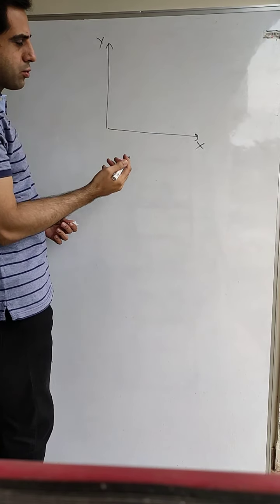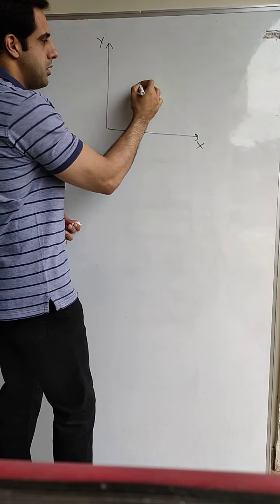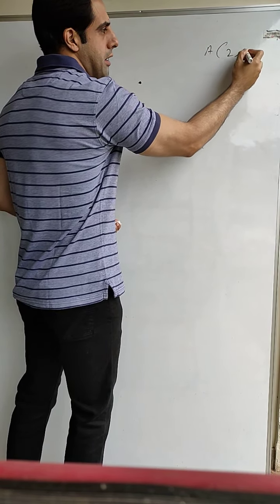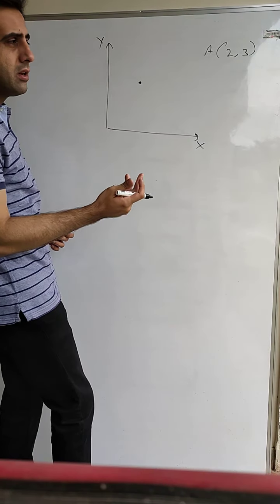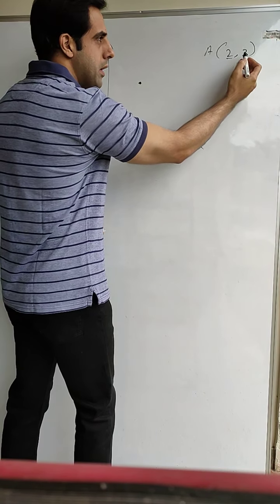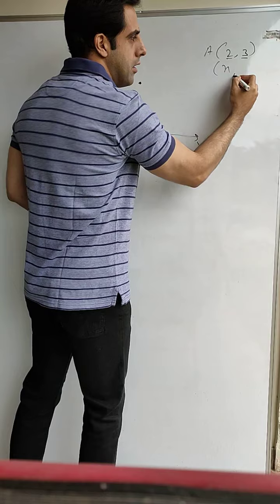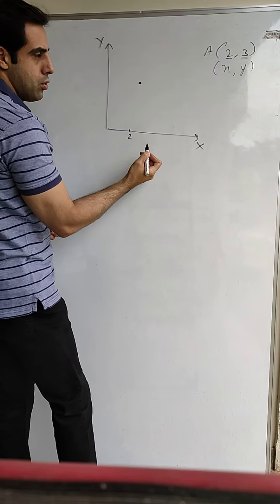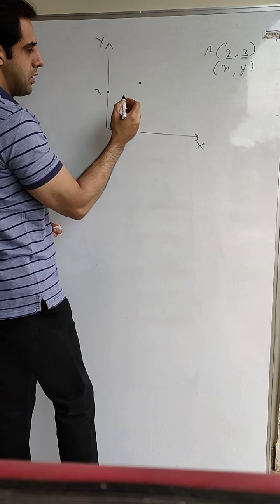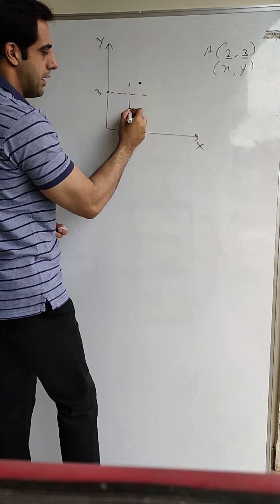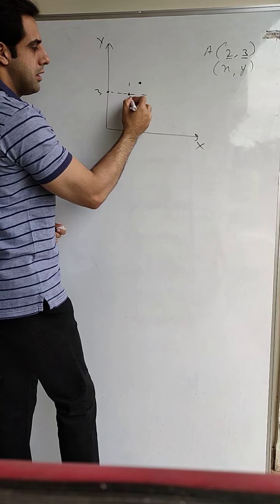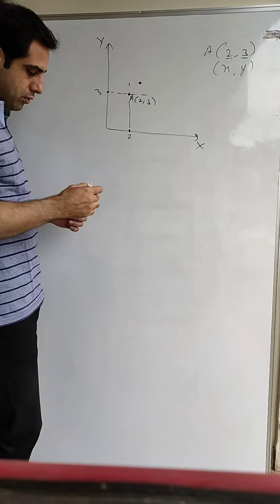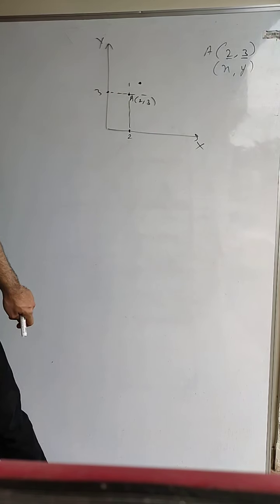Okay, so I'll just quickly take an example. Suppose you have a point and the coordinates of this point A are given as 2 and 3. Now what does this mean? This means the x coordinate is 2 and the y coordinate is 3. So we plot 2 here and 3 here. We draw two perpendicular lines. Wherever they meet, this will be your point A with the coordinates of 2 and 3. So we are going to follow the same principle in physics also.